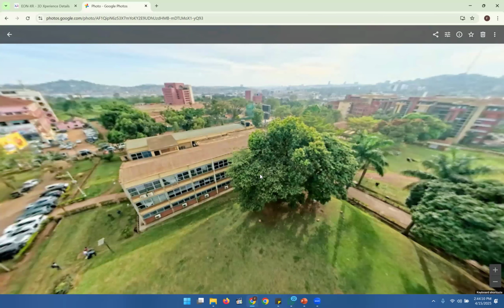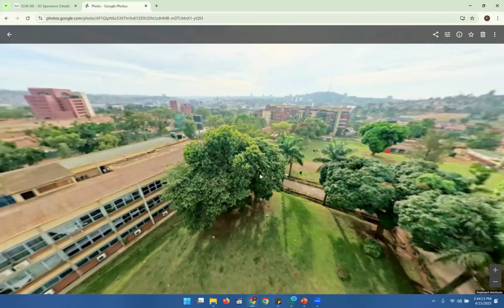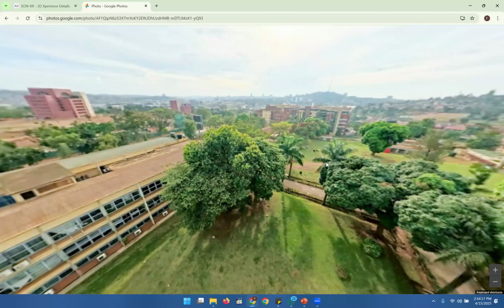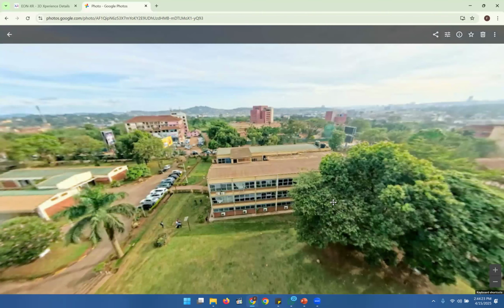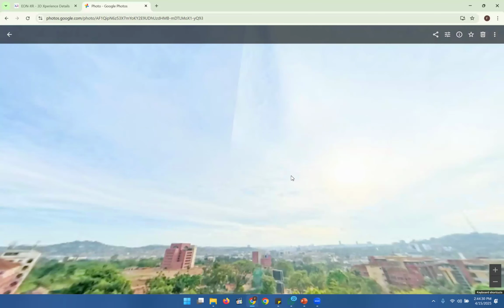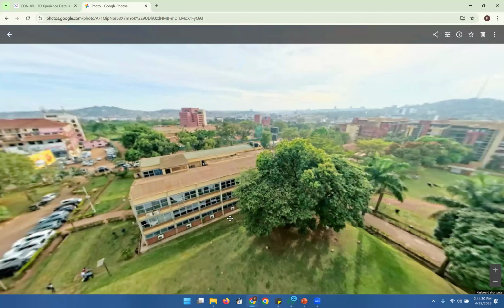So there are gadgets that you can use to take this kind of image. There is a camera called a 360 camera, and you use just one image to take an image in all angles or directions. That's where the 360 comes from: 360 degrees, so you're able to see above, below, and in all directions.